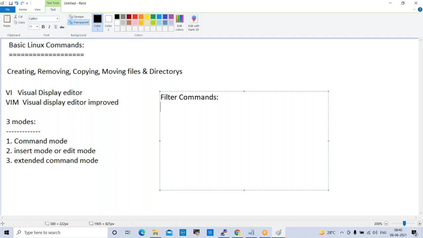Filter commands. The first command here is less. The second command is more. The third command is head.